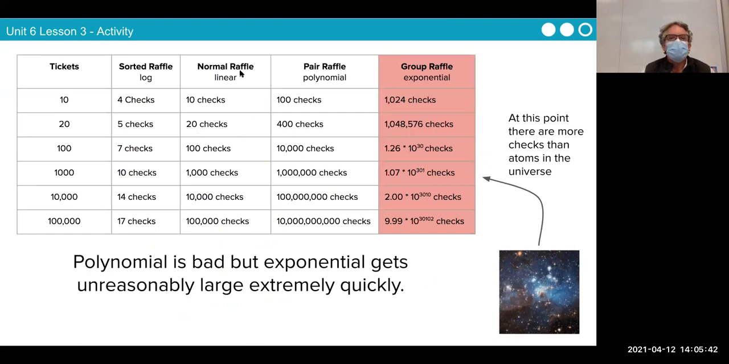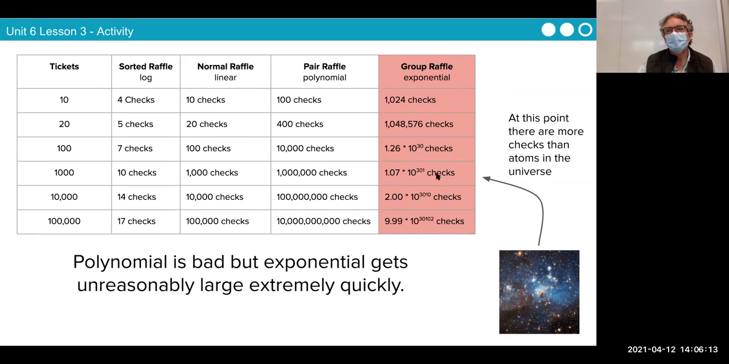This is my favorite, okay? So let's look. In the normal sorted, it's pretty simple. 10 tickets, 4 checks. 20 tickets, 5 checks. In a pair raffle, it's still a lot, but not terrible. 10 tickets, 100 checks. 20 tickets, 400. 100 tickets, 10,000 checks. That's a heck of a lot, but where the polynomial hits 1,000,000 checks on 1,000,